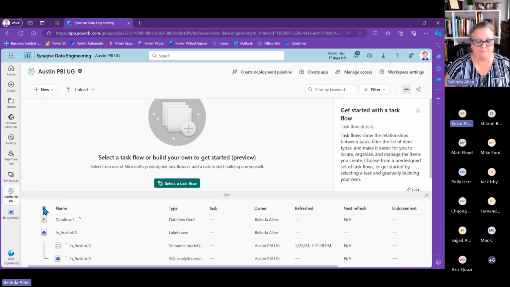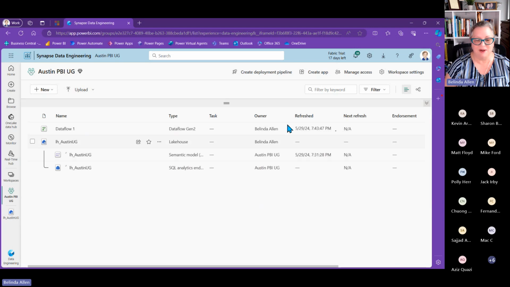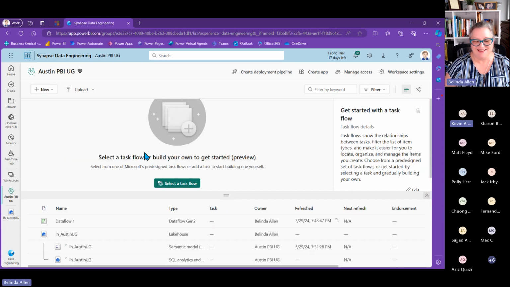And this is where it's a little bit different than the other ones, because what it was first going through was a publish step, and that's where that little circle was closer to the name. And now you see it's going through its refresh, its first run, where the progress circle is over by the refresh column. Fernando's encouraging me to pull that up. Thank you. Get rid of the task flows. Yes, that's something new.